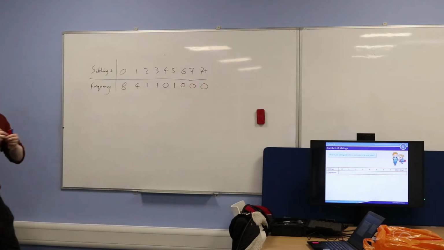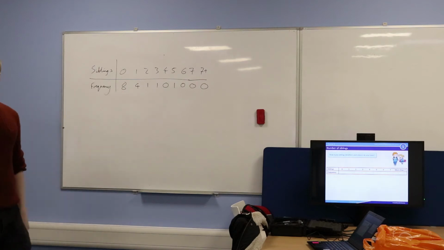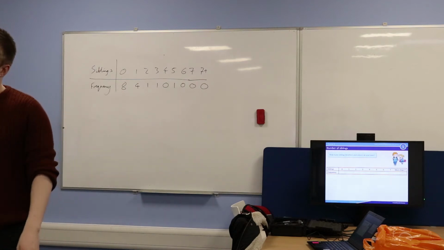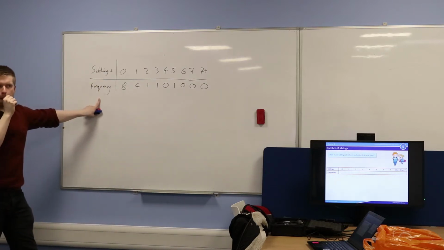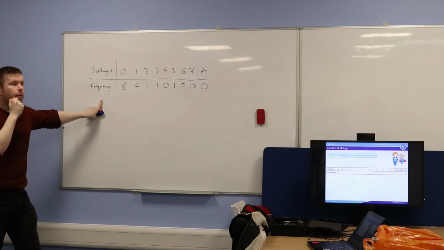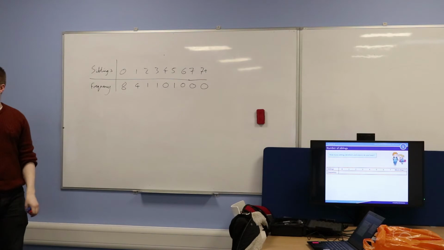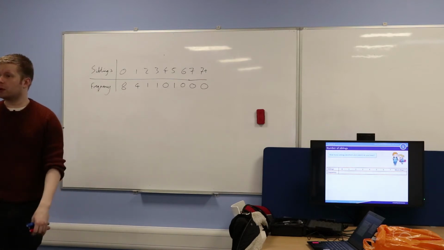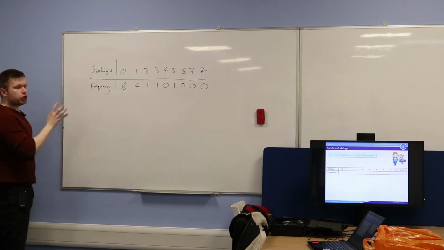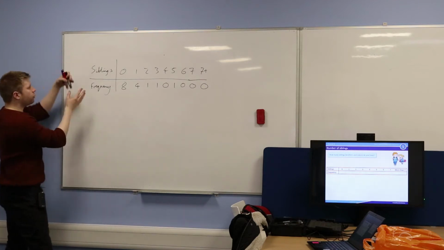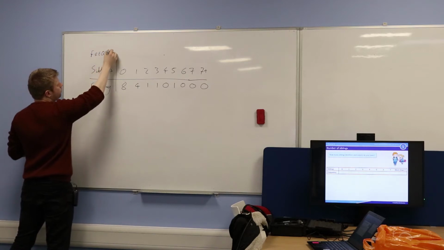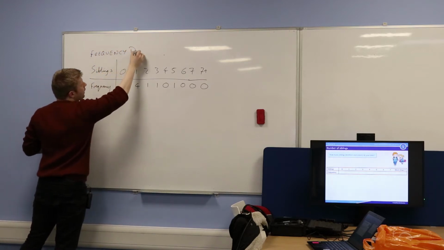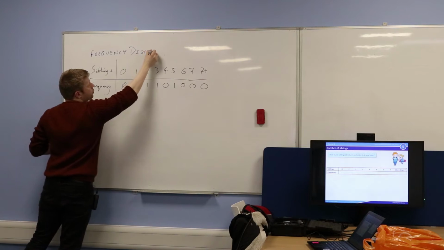Perfect. Okay. So what I've drawn here is what's known as a frequency distribution. What does the word frequency mean? The number of times that something occurs. I did hear it. It's over there and over there. It's the number of times that a value occurs. Okay. Now what I want to do is think about this instead of as a frequency distribution, as a probability distribution.